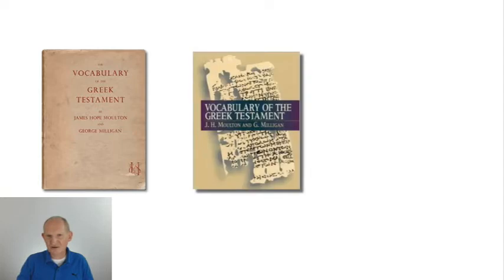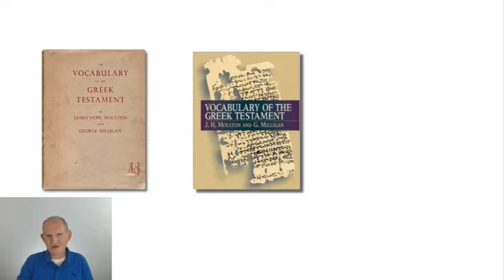Fortunately, there's been some renewed interest in this valuable resource in recent years, and now you can buy a reprint of this book, but it is essentially the same as the 1930 edition, with the exception of an index added at the back produced by Dr. Dan Wallace and some of his students. As you read Moulton and Milligan's book, it soon becomes obvious that they presupposed their readers would have a high level of understanding of the Greek language. And if you've used this book, you know how easy it is to get bogged down with trying to make sense of it all.